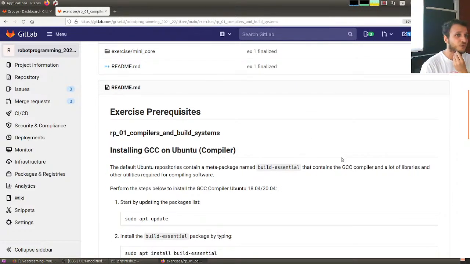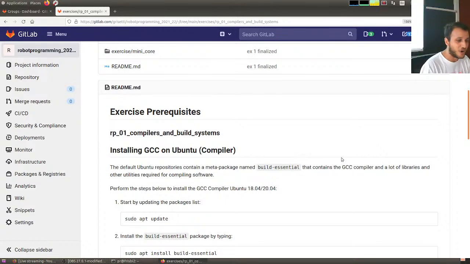Okay, so I like to start from the README. I hope everyone has an internet connection, a laptop, and a power cable. The exercise should be very simple. We will write our first CMakeLists. I don't know if you already wrote it before, if you listened to the lesson of Professor Grisetti on Monday. The first thing that we have to do, if it's not already installed in your system,